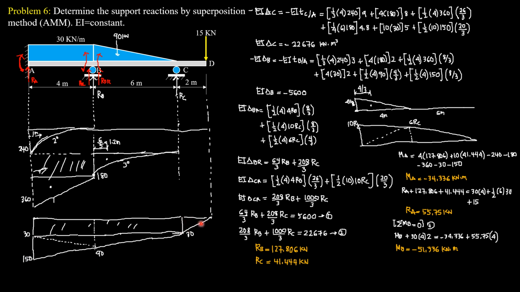This portion CD is not part of the calculations later because of definition. For instance, for the deviation of B relative to the tangent at A, we only consider the areas between A and B and the moment of areas with respect to B. Then the deviation of C relative to the tangent at A, which is automatically also the deflection at C, is the moment of areas between A and C with respect to C. So that's why this is not part of the calculations.